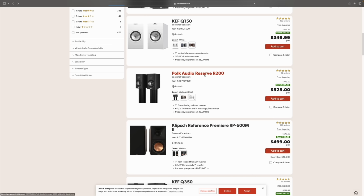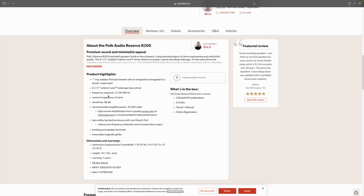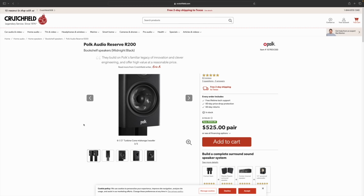They generally don't sell at MSRP anymore. But this is a pretty good speaker. Big, beefy, punchy, 6.5 inch woofer, 1 inch ring radiator tweeter. Goes down to 51 hertz, but man, it packs a punch around the 80 to 100 hertz region. Has a fancy port on the back, turbine port, and the woofer is actually kind of trickle down technology from